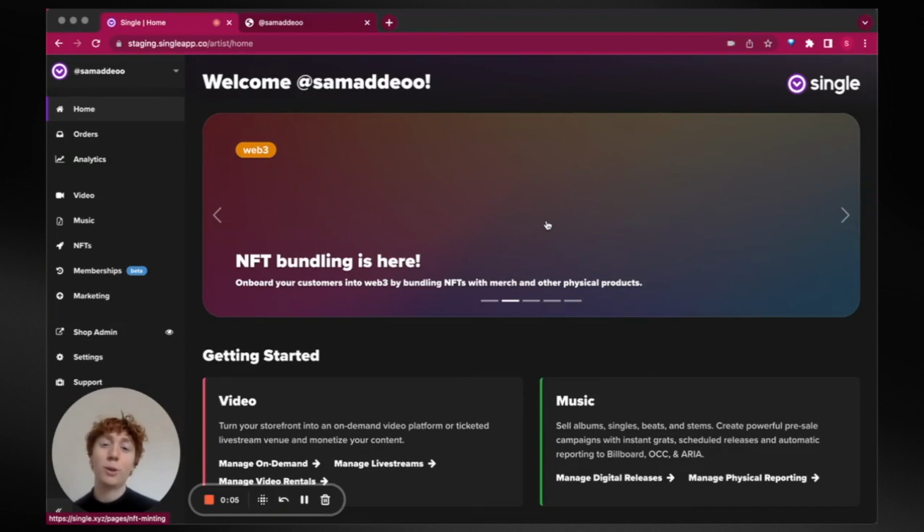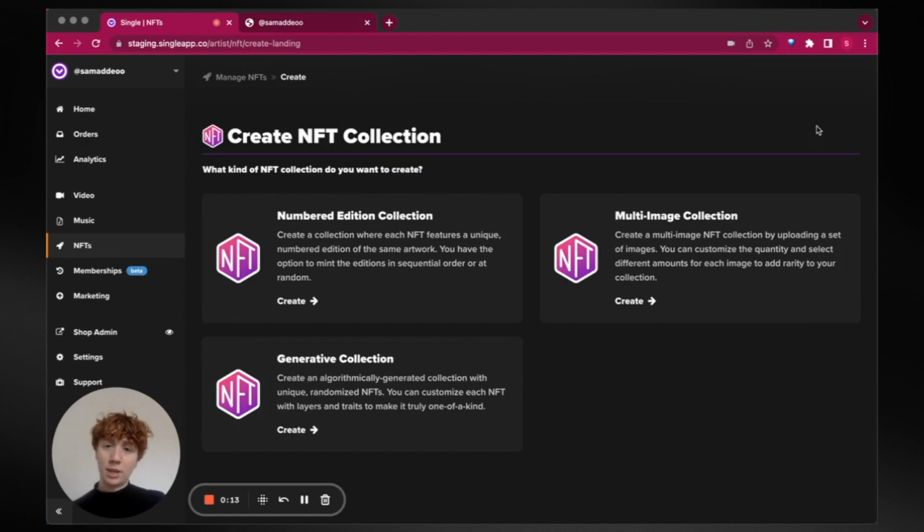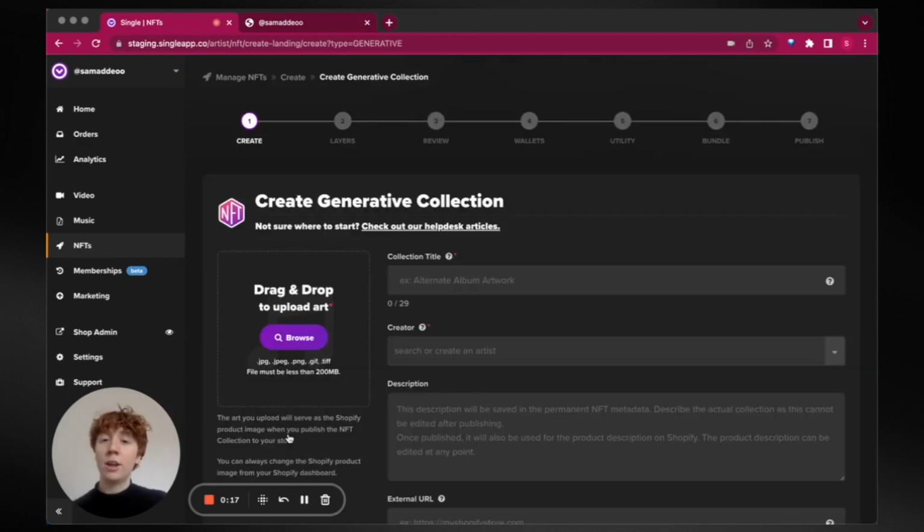Today I'm going to show you how to create generative collections for NFTs right from your Single dashboard. So to do that, navigate to the sidebar, click NFTs, and then click Create NFT. There are three options. We're interested in generative collections today, so click Create there, and it will bring you to